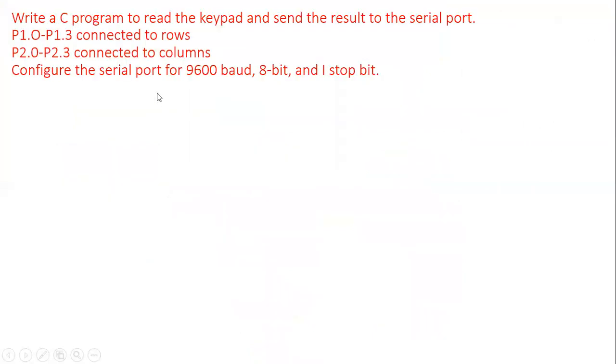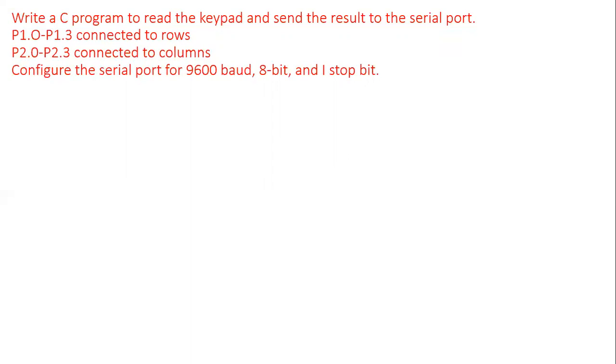So what are we going to do? Write a C program to read the keypad and send the result to the serial port. We have the rows connected to P1.0 to P1.3. Are rows connected as input or output here? Very good, rows are connected as input to the microcontroller. How about columns?